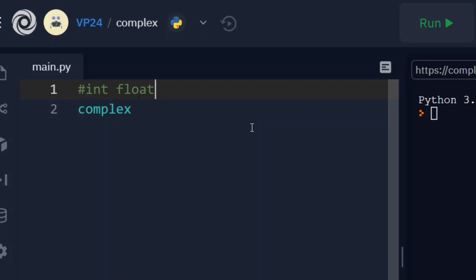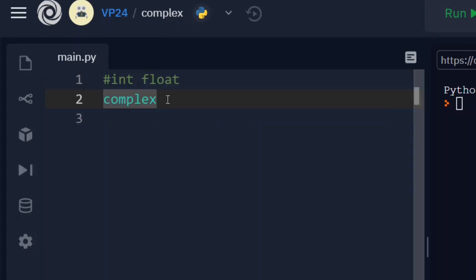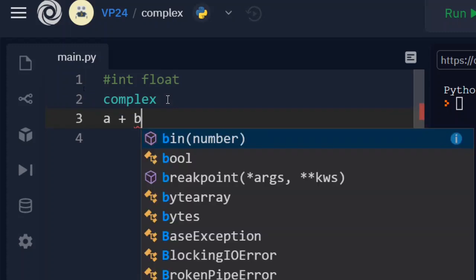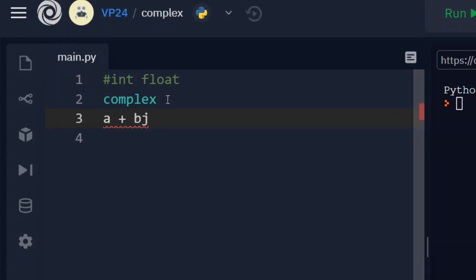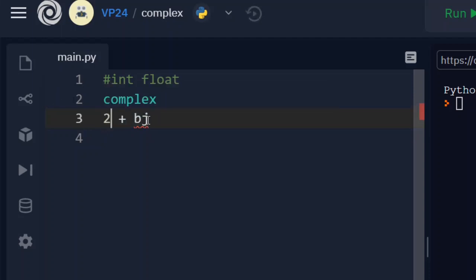Complex numbers contain a real part and an imaginary part, and it is in the form of a plus bj, where j is in uppercase or lowercase, your choice. And let's say here our a is 2